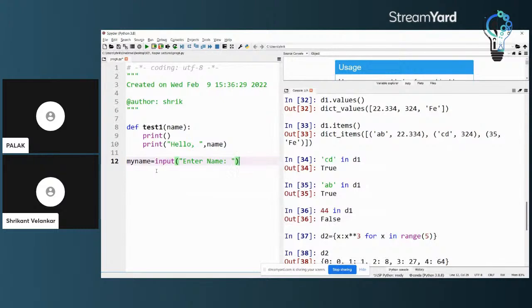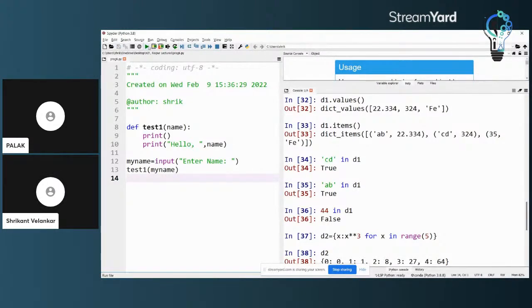And then I will call the function test1 with myname in brackets. So this is my main program. The function is written and it has also been called in my main program.